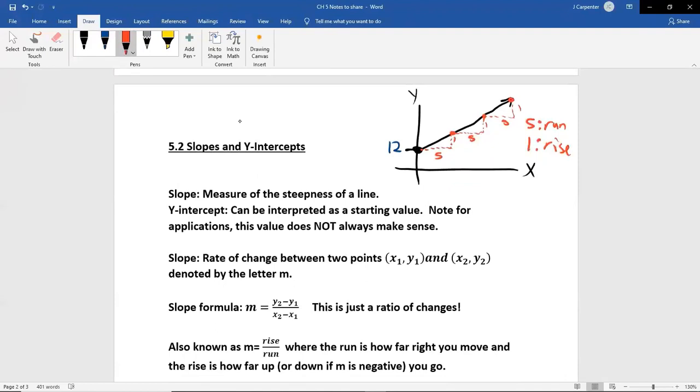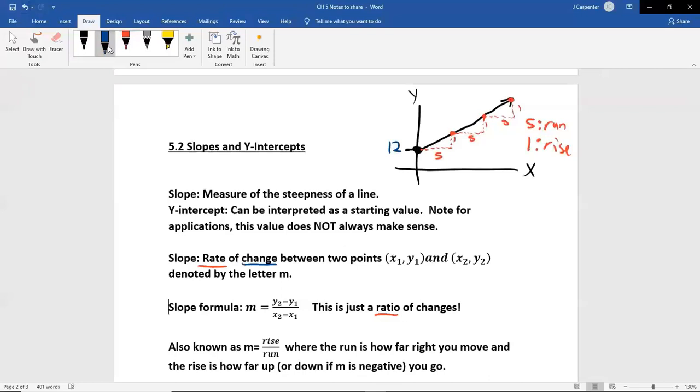Slope is a rate. It's a rate of change, in fact. The word rate. I feel like we've heard that at least once in this class, right? You're darn right we have. Rate means ratio. It means fraction. And look at this. This formula has got a fraction in it. So slope is a rate. It's a fraction of something. Something on top of something. Well, what are the tops and bottoms? It's a rate of change.